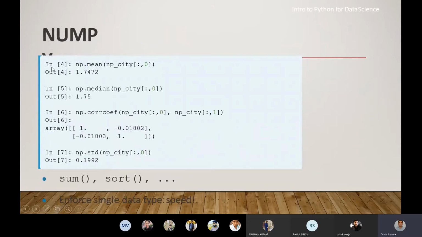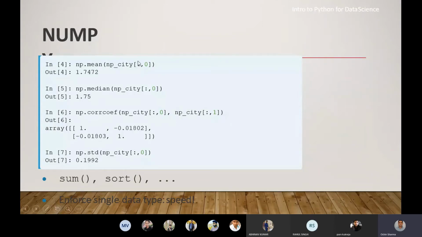In input, we are giving np.mean. Now you can see that mean, median, coefficient of correlation, or standard deviation. So these 4 terms are being used in data science. As Numpy is designed for these purposes, you can perform logical and mathematical operations along with these things in your data, like np.mean, np.median, and the things